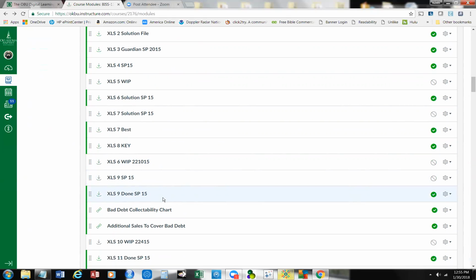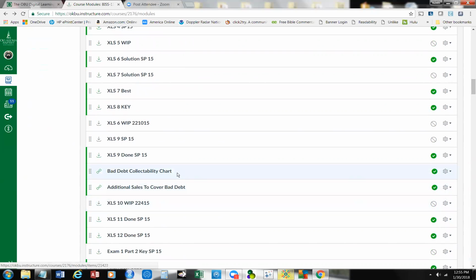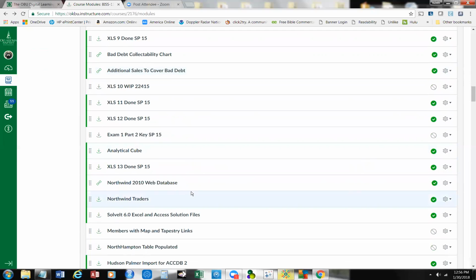Because my belief is, what we're going to do is discuss common business problems, and then how we use the software Excel or Access to try to work and solve that problem, or to work with it. And I have some resources, for example, for one class where we'll be looking at the case, the receivables, what we call the aging of receivables. And I have a resource there that talks about bad debt, how long it takes to collect it, additional sales to collect it, that type of thing. Okay, now